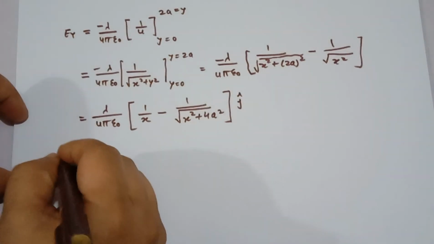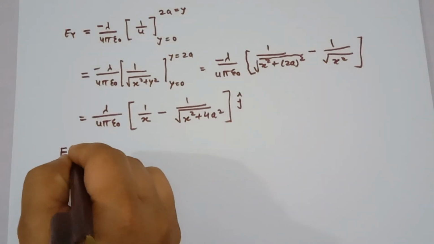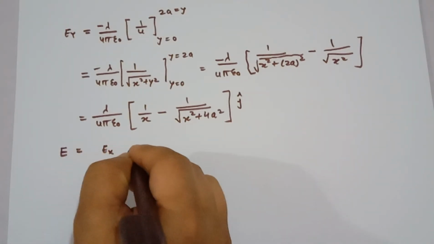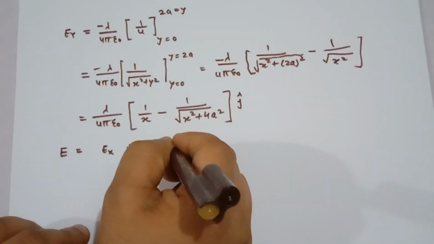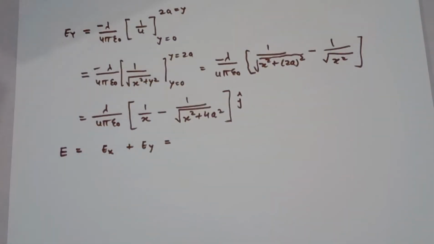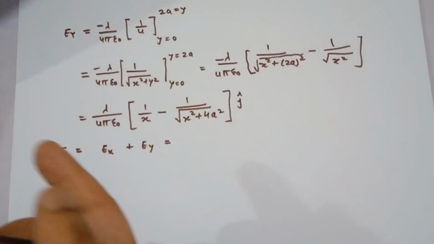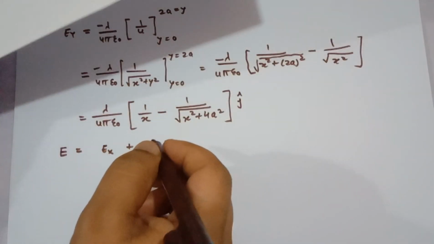So the net electric field would be electric field along x-axis plus electric field along y-axis. Okay, so that would be equal to, we already have calculated the electric field along x-axis. So along x-axis, that is the electric field, and along y-axis, that is the electric field. So you can just add these two and write in terms of i and j. So that can be written as,